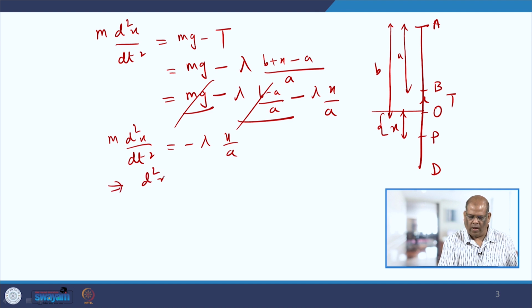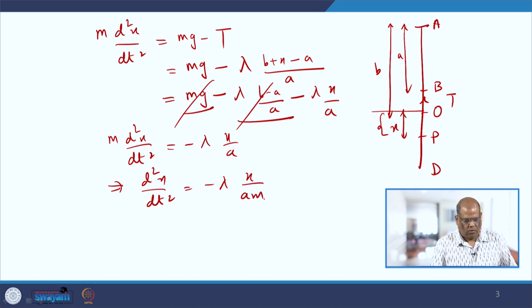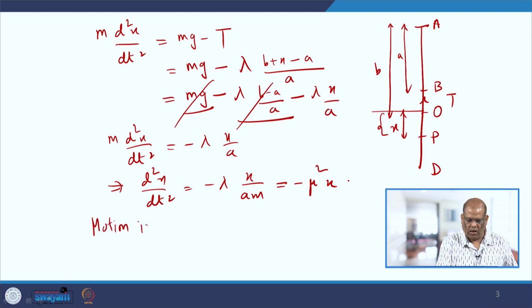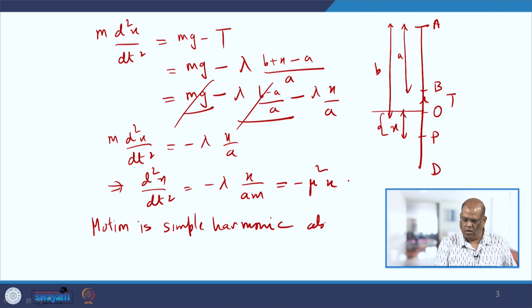This is d2x/dt² equal to minus lambda times x by A m. So, I can say that this is of the form minus mu squared x. So, the motion is simple harmonic about the center O,